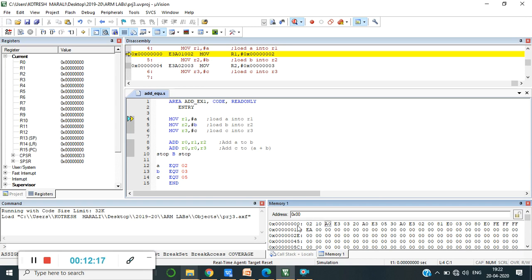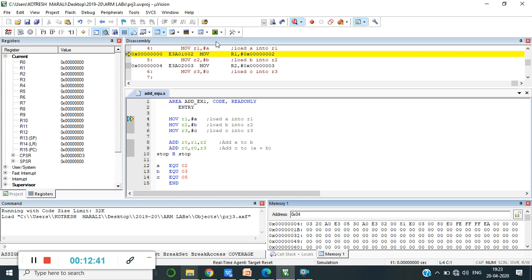Now 02 is in 00, the next data 10 is placed in 01, and in 03 address location I should have A0. Now if you have any doubts, let me see here. 03 is E3.